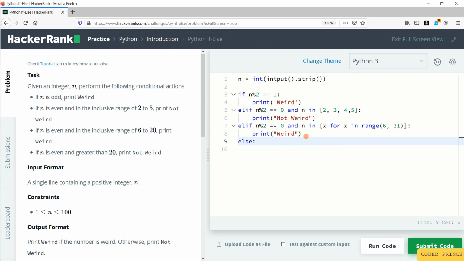Else, because if n is even and greater than 20, you're going to print this. What if n is less than 20? You may not print, but here, since it's given a positive integer, that case won't happen. But still, it's a good way to go with the proper constraints. So elif, you need to give a condition, that is n is even, n mod 2 is 0, and n greater than 20.